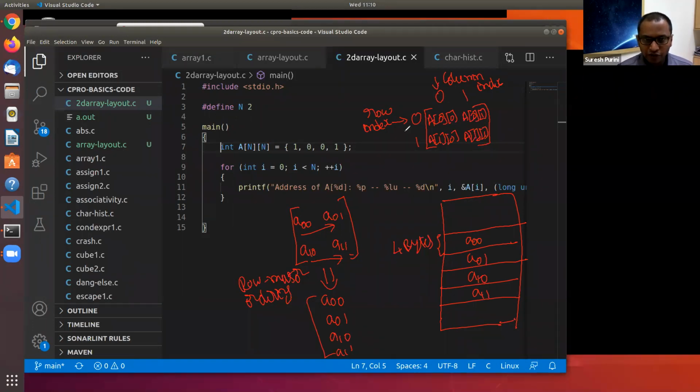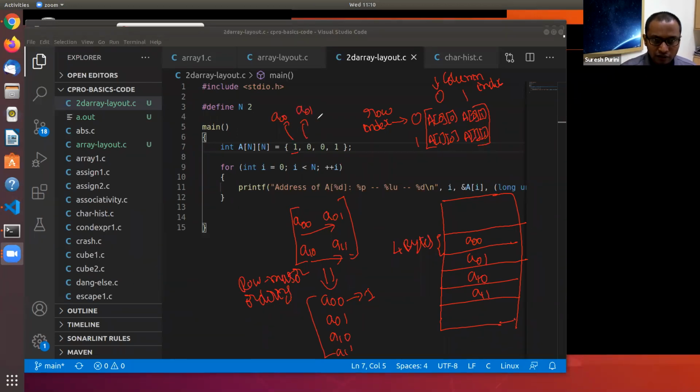Here this A00 is initialized to 1, and this is A01, which is 0, and this is A10, and this is A11.